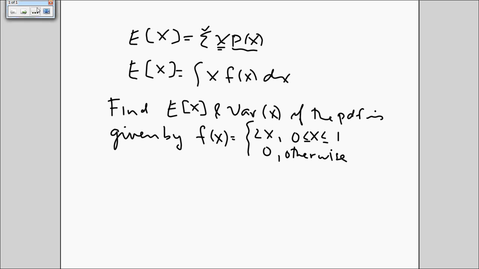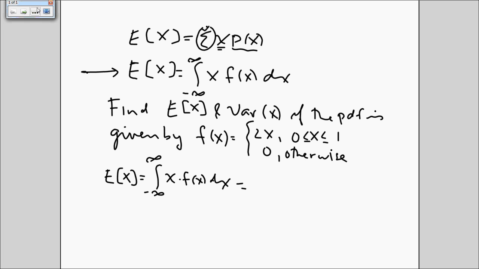Oh, a little typo in this formula here. E of X is equal to the integral from negative infinity to infinity. Just like with the summation, we say the limits. We have to say the limits for the continuous case. So, E of X, by definition, is the integral from negative infinity to infinity of x times f of x